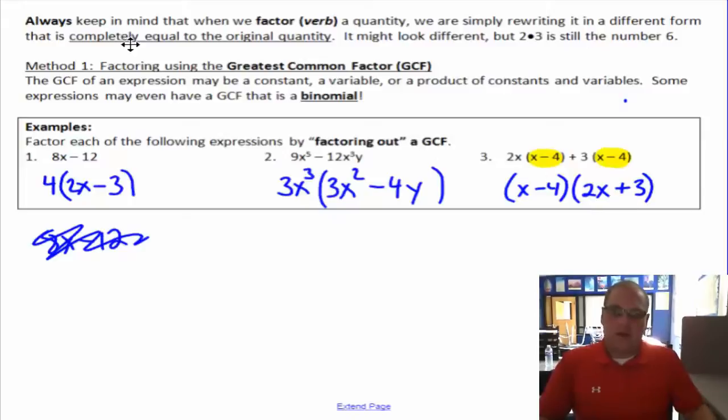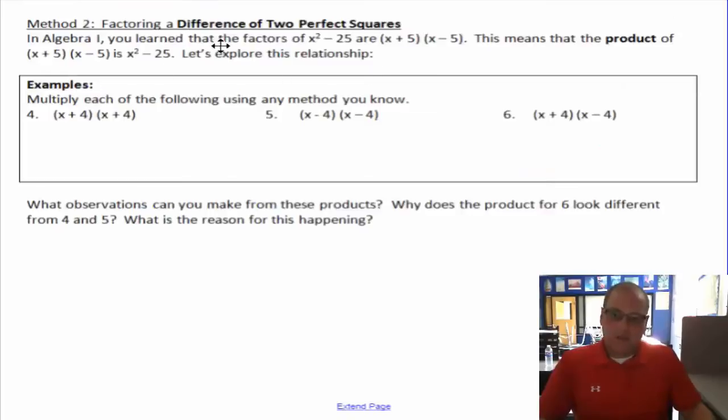I'm not going to do that right now because I don't want to lengthen the video, but you could multiply both those out and you would get the same thing. All right, difference of two perfect squares. This should be quick. In order to see the difference of perfect squares, you need to be able to multiply